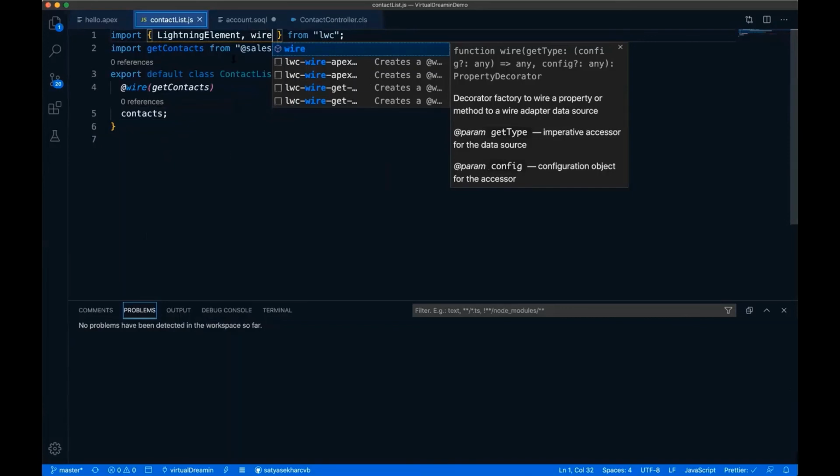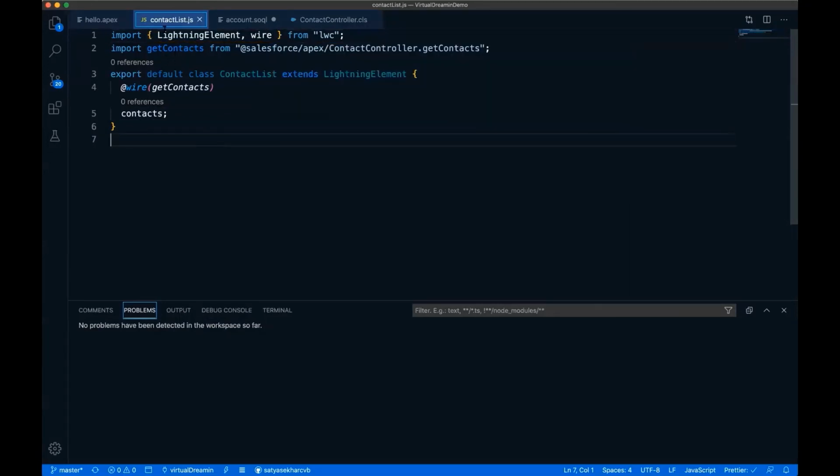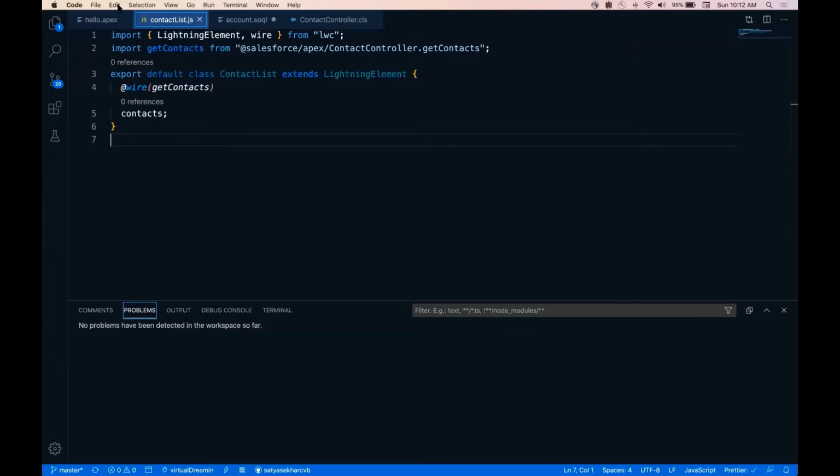Great. We have created now contact list.js. We can open contact.html. Again, I can go here and open it from here, but there is one more easy way. So today's session is all about productivity, so I'll mostly concentrate on productivity. So what is the other way? I can